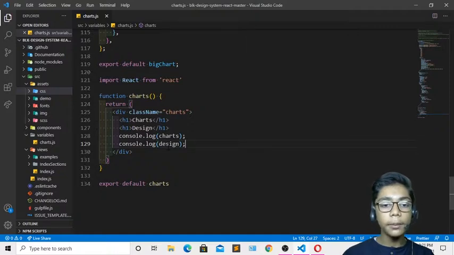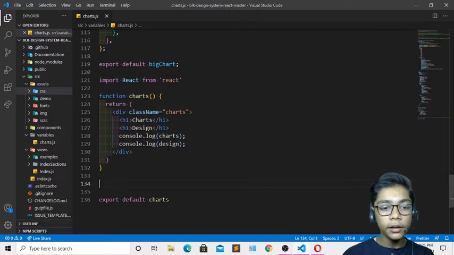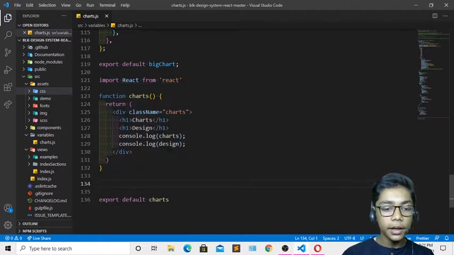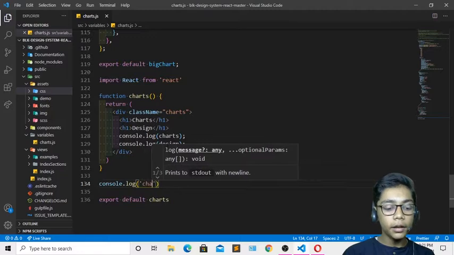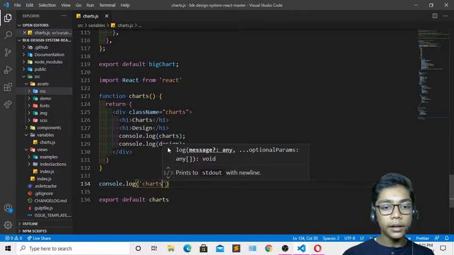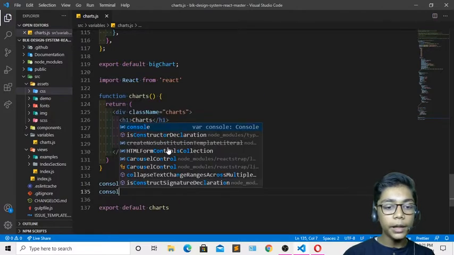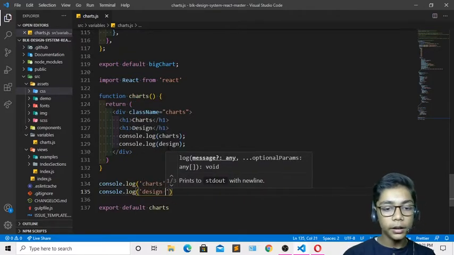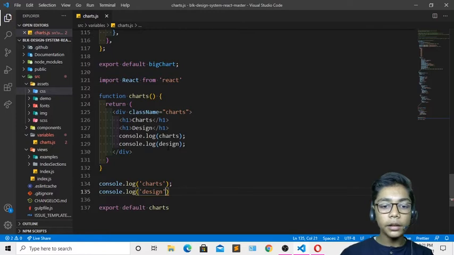Now when you've done that, I will be coming underneath again and erasing this. So here we have done that. I will be coming underneath again, and in that I will be writing another thing which is called chart. First of all I'll be erasing, and then I'll be writing that console.log, and then another thing which is called charts, like that. So here you can see we have done that. Now I'll be writing console.log. In that I will be writing design. Now I'll be writing the closing sign. Now here we have done that.